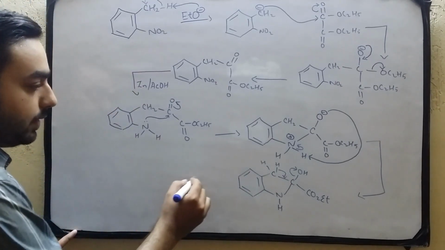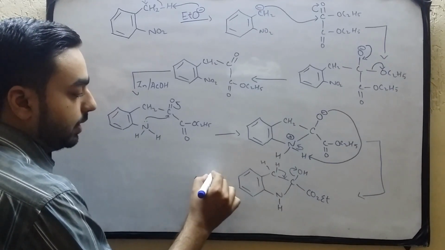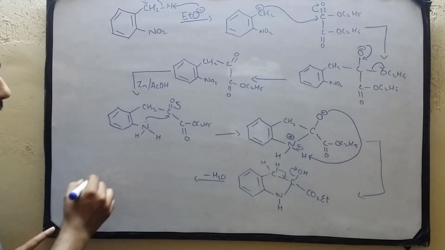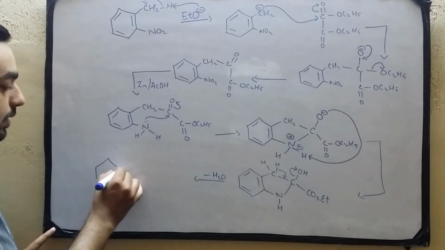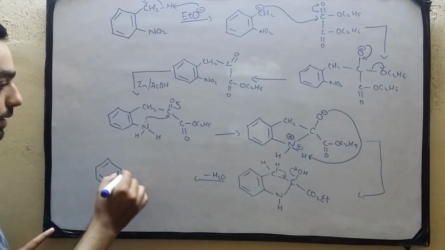Okay, so we will write on arrow minus H2O, and we will get our substituted indole as